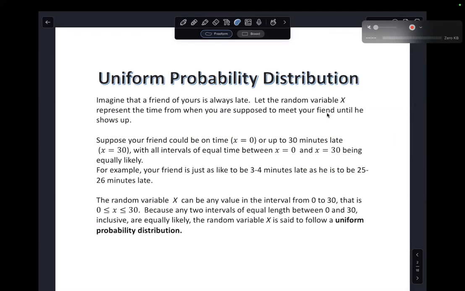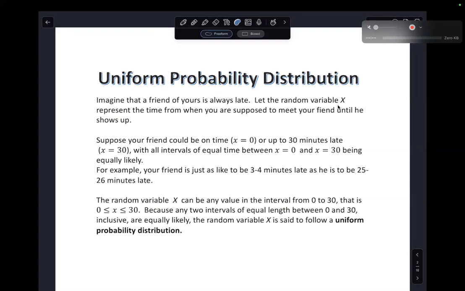Oh, look, it says fiend instead of friend. Sorry, I get distracted. So my friend could be on time, which would be 0 minutes late, or he could be 30 minutes late. Anywhere between 0 and 30 has an equal likely chance to happen. Every single one has an equal probability. So he's just as likely to be 3 to 4 minutes late as he is to be 25 to 26